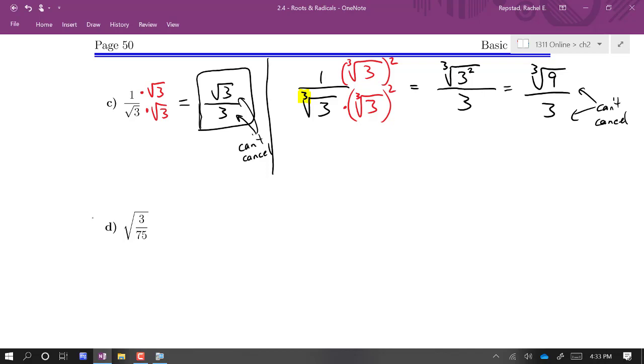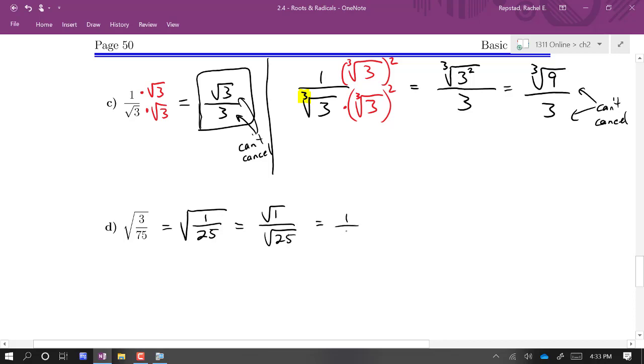Alright, let's do another one here. We have the square root of 3 over 75. Now, I could split up the radical first and then simplify, but one thing I'm noticing here is that 3 actually goes into 75. So I could reduce the fraction first. 3 goes into 75 25 times. And now it'll be easier. Now when I split up the radical, I've got the square root of 1 over the square root of 25. And this is 1 over 5. Those are both perfect squares, so it's fairly simple to split up,